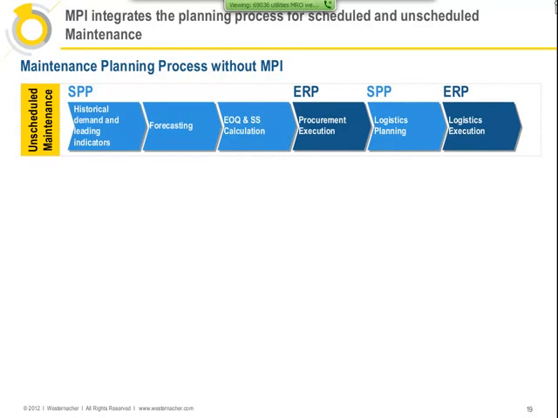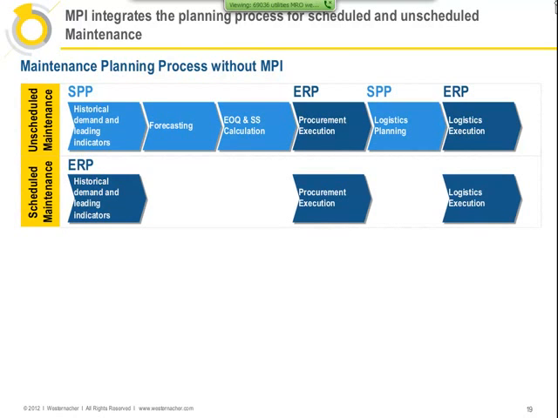We're also then using the ERP as far as your procurement execution. SPP logistics planning comes into this with a strong tie over to extended warehouse management. So now we have good forecasting and we have good logistical tools that allow for the material movements. The ERP system would still be running in there in order to create this demand. The historical demand would still be in the system, and as far as any procurements, it would still operate.